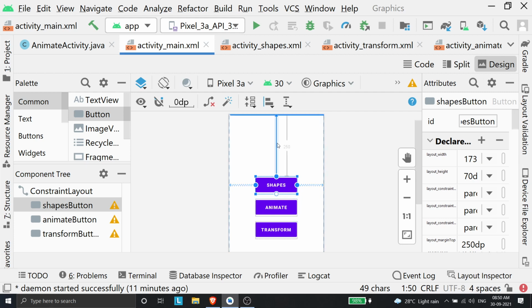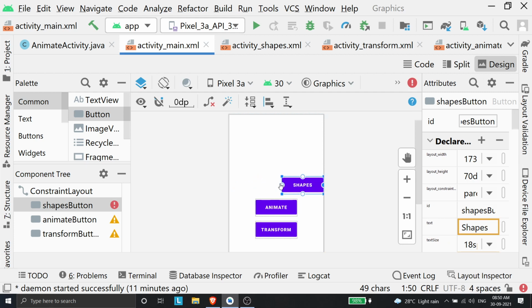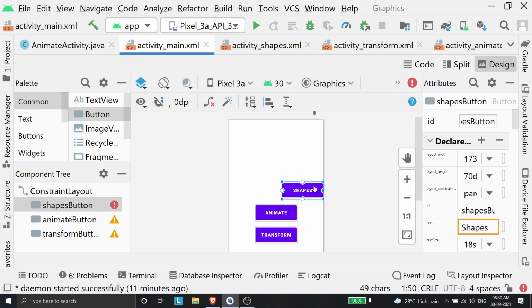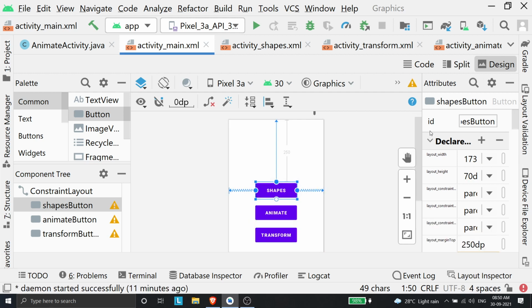Let's say I'll just delete this vertical constraint, and I'll remove the horizontal constraints as well. As you can see, it's now shifting towards one side. So this is not supposed to happen, right? You want the shapes button to be in the center, and it should be somewhat below towards the center of your screen. So you should horizontally and vertically constrain them. And to do that,